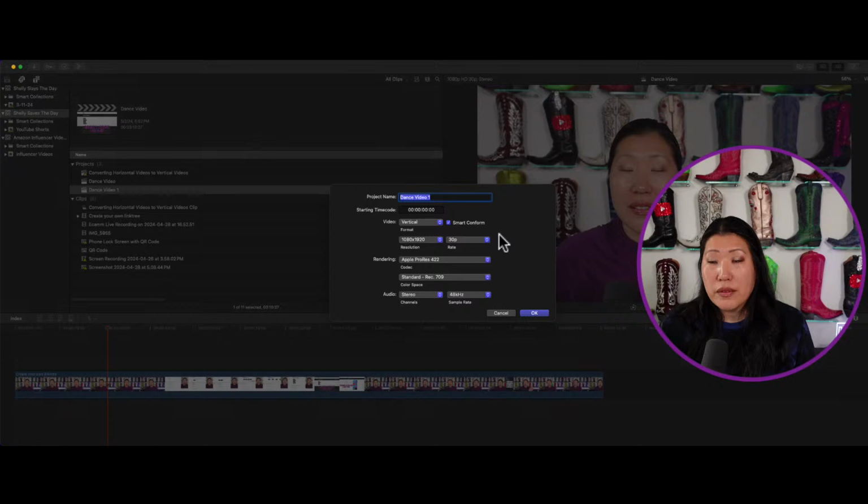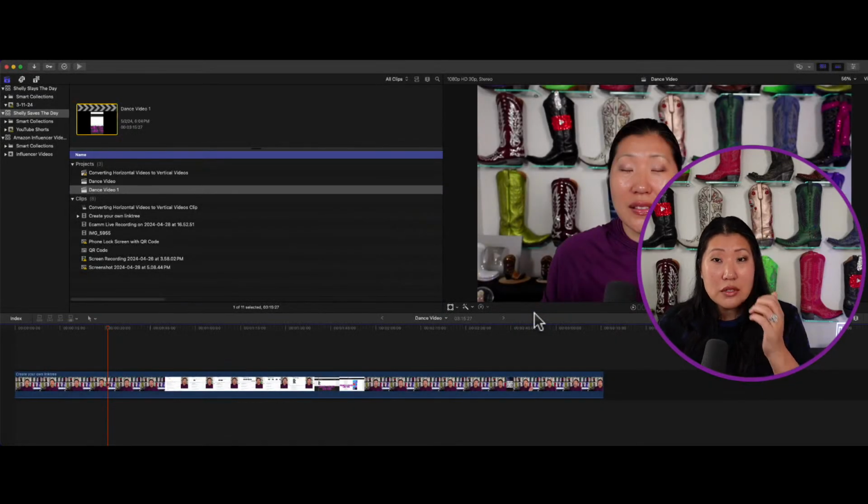This is also the same as Auto Reframe inside of Premiere. So if you duplicate your project and do the Smart Conform over there, and I've shown you on the mobile app what that looks like, we're going to do this and hit OK. What it's going to attempt to do is find out what the main subject of the video is and try to keep that towards the center. So it'll do some of your keyframing for you, and then you'll be able to go in there and finish the rest.